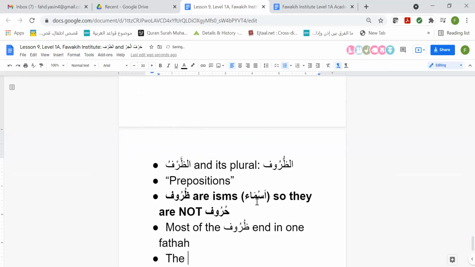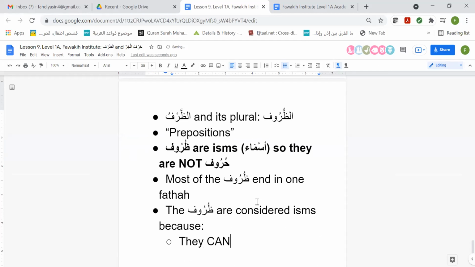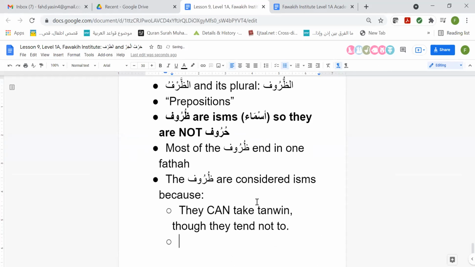The dhuruf are considered isms, and again, I don't like using this word, but just so that it's clear to everyone what I'm talking about, so we're not confused. The dhuruf are considered isms because, number one, they can take tanween, though they tend not to. Okay. Now, why do they tend not to? Here's the reason why. The dhuruf, you know what, to make it simple, the dharf, because we're going to be looking at them in singular examples, the dharf